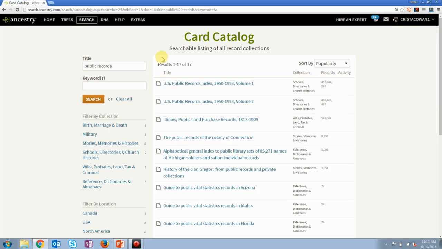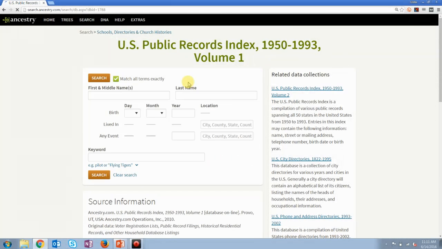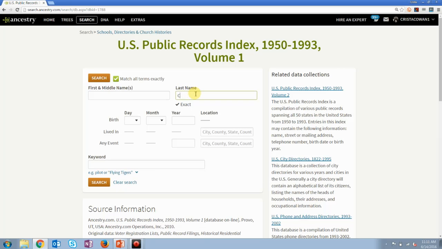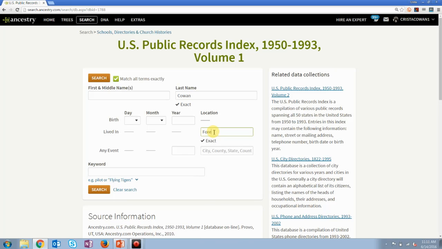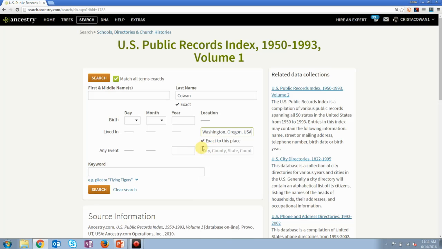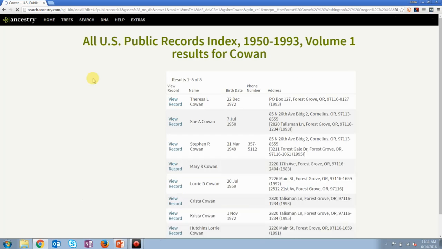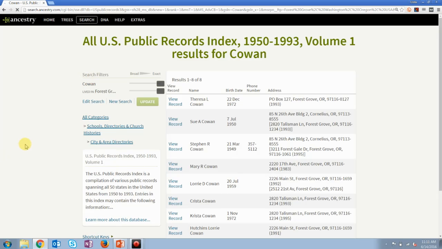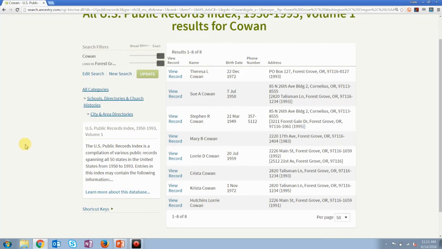Both of these have close to 500,000 records apiece in them. I can come in here and say, well, it told me in the obituary that three of the surviving sons lived in a particular town in a specific location. And so I can type in that location and mark it exact. I can type in the surname and mark it exact. And I can click search and it will show me all of the individuals by that particular name who live